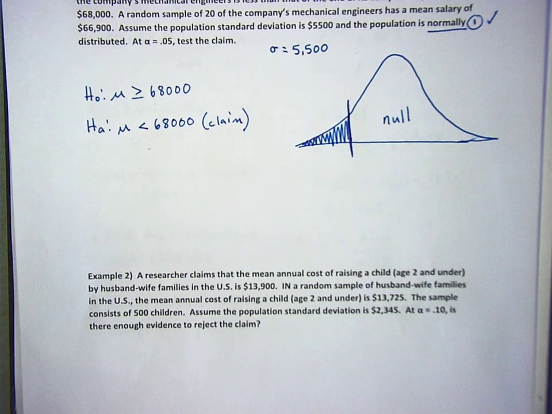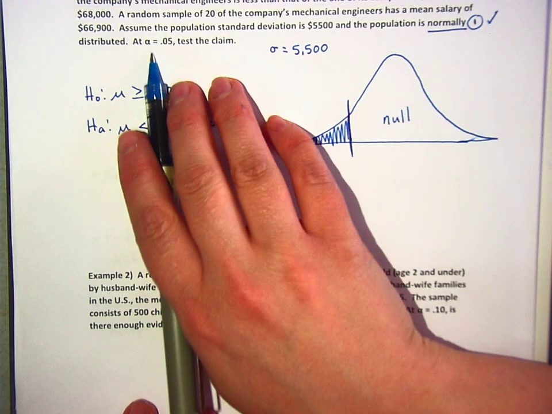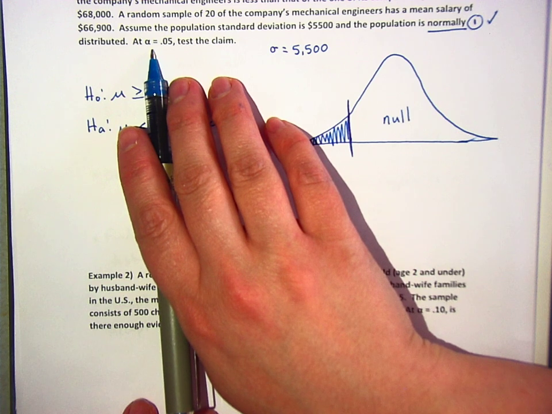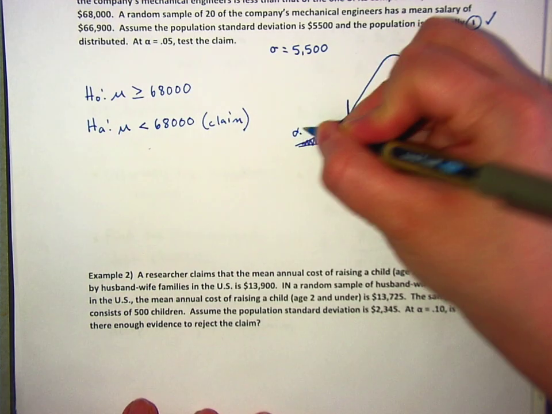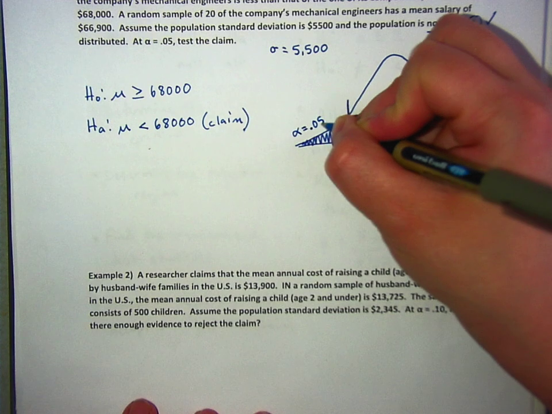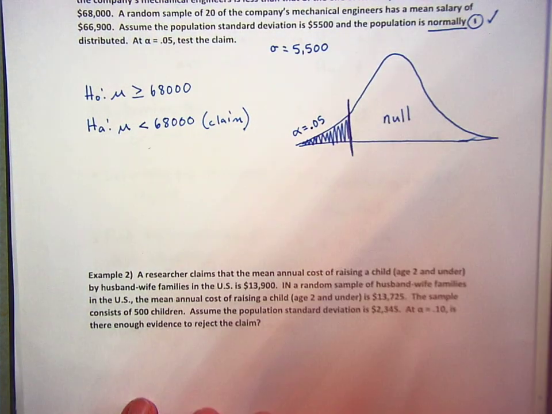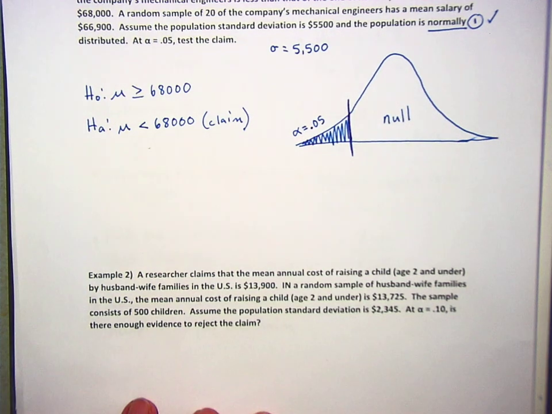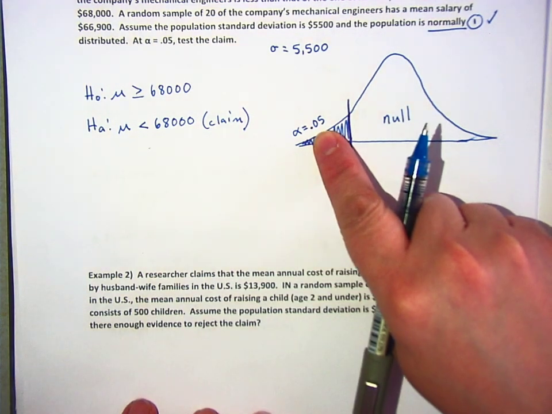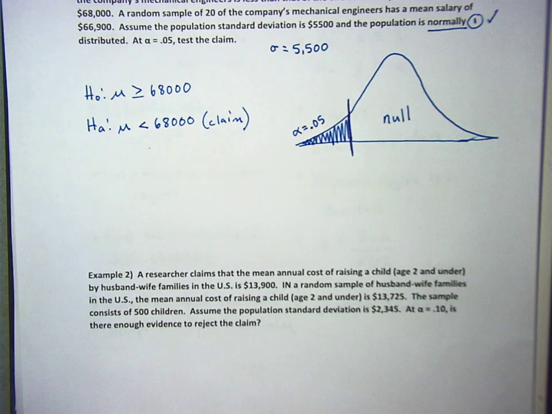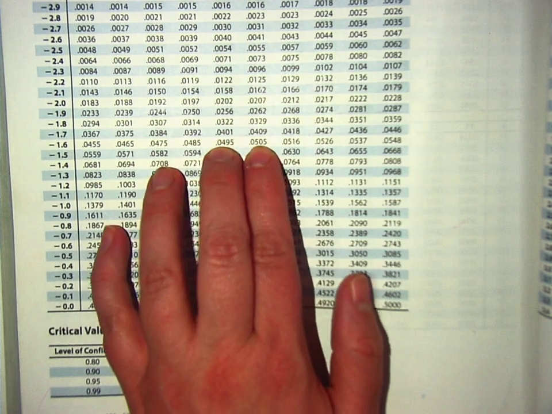Okay, now, do you see how this says alpha equals 0.05? Yep. Okay, that's the level of significance. That means that we've got a 5% chance of error. So if I was going to look that up, do you remember how the table reads to the left? So I'm going to look up 0.05 in the middle of the table. So in the middle of the table, you're looking at 0.05, which is halfway between these two, that